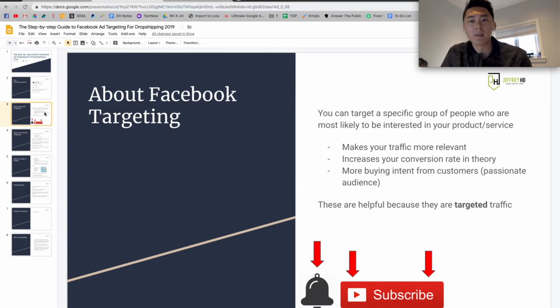So it definitely makes it easier to target and makes the people more relevant and laser focused. These are all helpful because again they're targeted traffic and not just regular cold traffic that have no relevance to your product whatsoever. So this is why Facebook targeting can actually be very powerful.